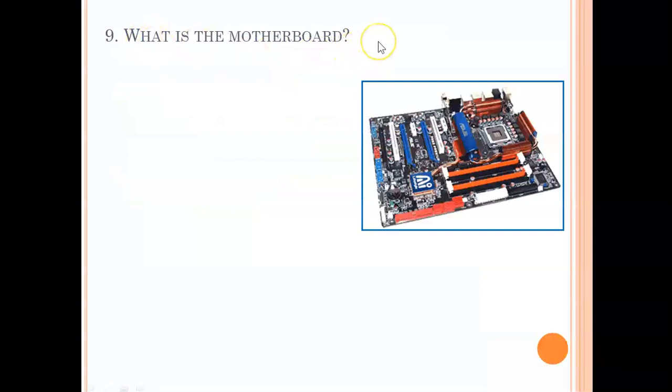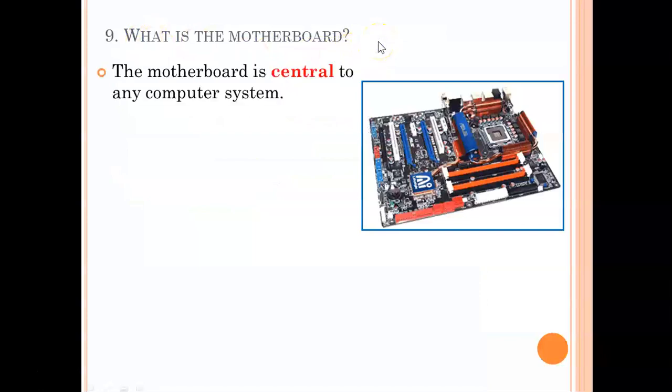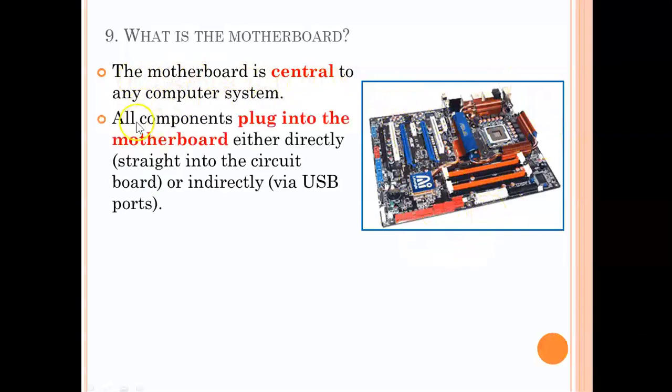What is the motherboard? So you don't have to go into too much detail with respect to motherboards. We'll just go through these briefly. The motherboard is central to any computer system. All components plug into the motherboard, so you can put in your graphics card, your RAM, etc., either directly or indirectly. So you can use a USB port, you can stick in a flash drive, your keyboards,